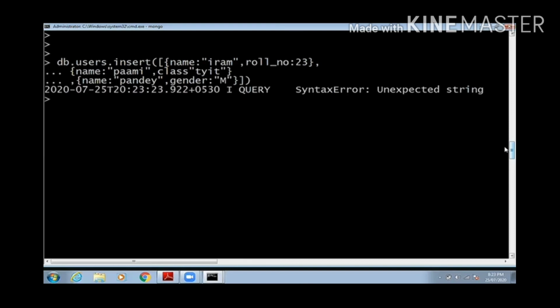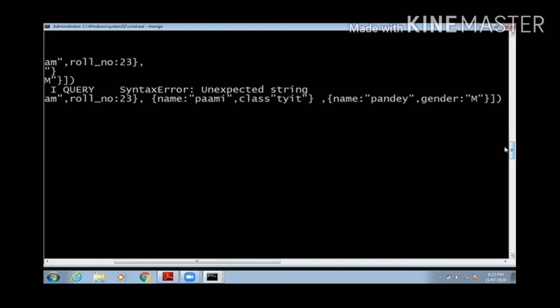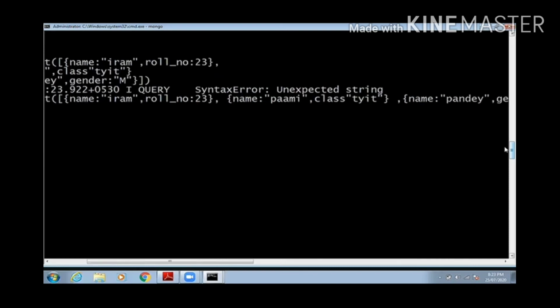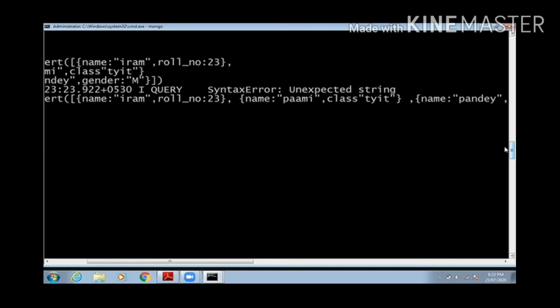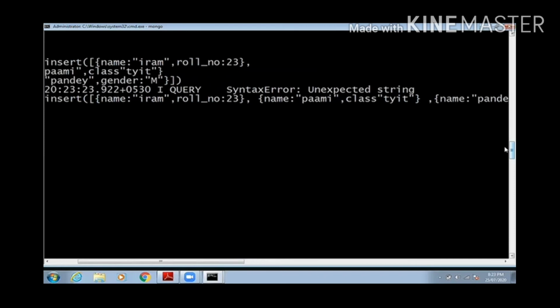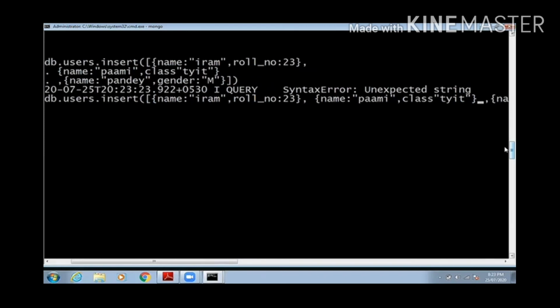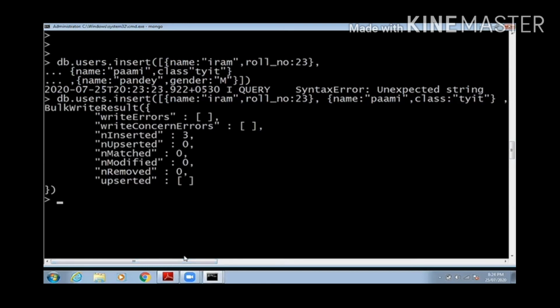Since I had made a mistake, I will have an error, so I will just rectify that error, that class TYIT. I will put a colon there, and the rest of the things will work fine. Okay, you can see the output, inserted 3 records.